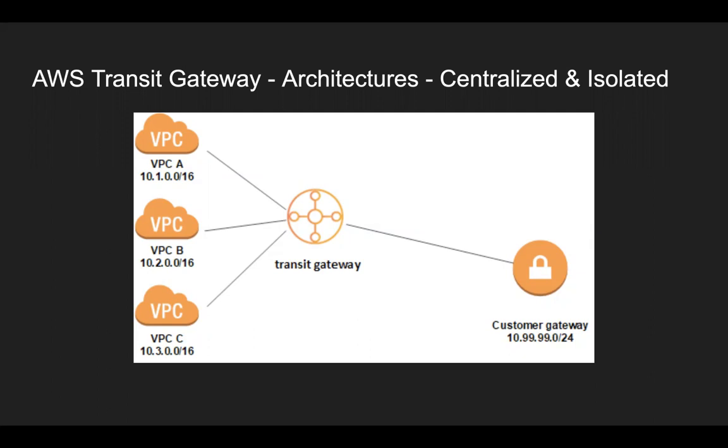Through this video, I would like you to remember all the things that are possible, and I would like to open up your mind to new possibilities when it comes to Transit Gateway. In terms of the isolated architecture, VPC A, B, and C can talk to the on-premise environment. The on-premise environment can talk to A, B, and C, but A, B, and C cannot talk to each other. Probably A is your dev environment, B is your QA, C is your production environment. They can all talk to your on-premise environment, probably you have a database over there, but A, B, and C cannot talk to each other. That is the isolated architecture. With the centralized, everyone can talk to each other.